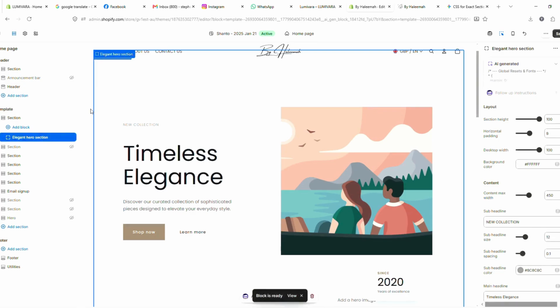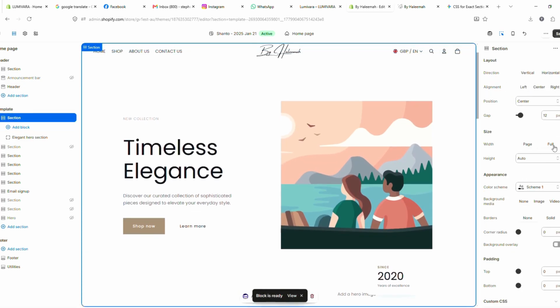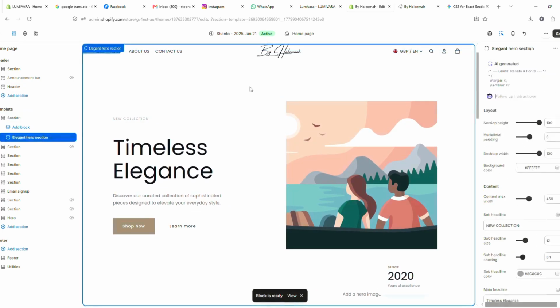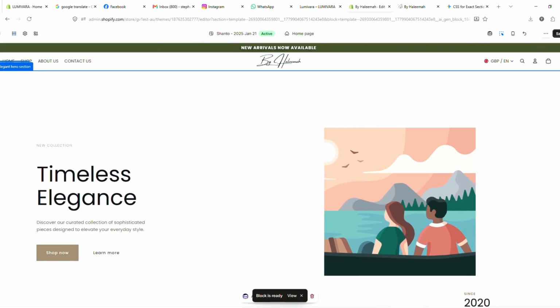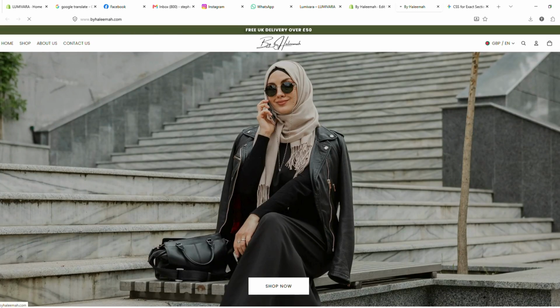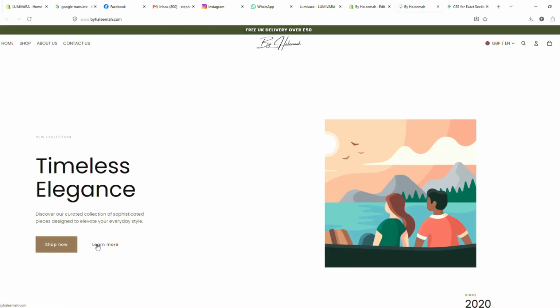The section is ready. Here it is. You have to click here and set the full view and view the desktop view. Here is your hero section. You can customize it with your own image, own text, own header and footer, own anything you want. If you want, there is also a custom